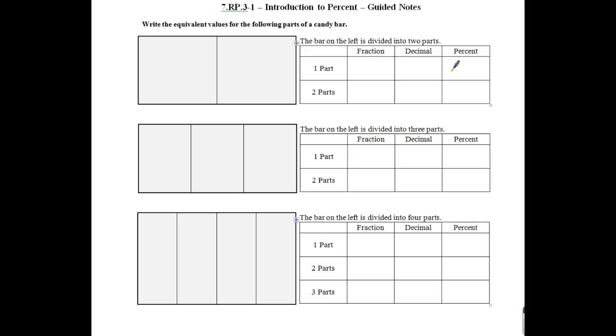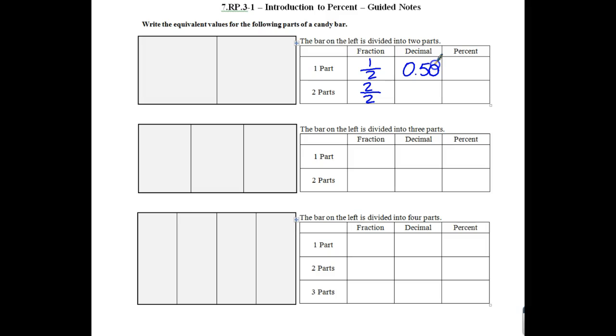So if I took one part of this, let's change this to blue, I'd take one part out of 2. I have 2 pieces and I get to keep one of them. 2 parts means it's been divided into 2 pieces. Now, the decimal for 1/2 is 0.5. The percent on this is, if you think about it, this is why decimals and percentages work so nicely,